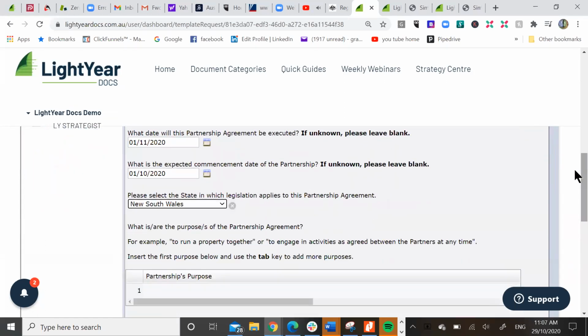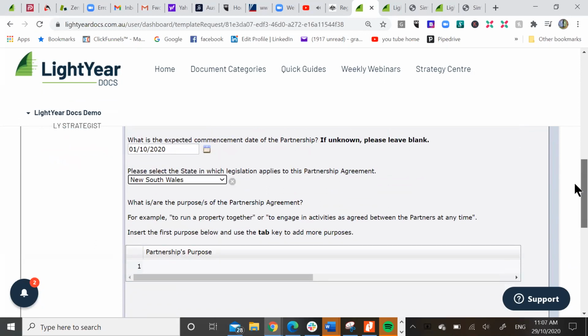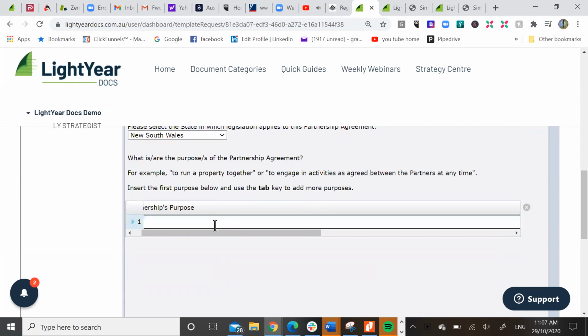Now, partnerships, unlike trusts, don't need property to start off with. So let's go in and put in here. Sorry, because I've got my screen at a different size, you can't see the whole of the thing. But anyway,